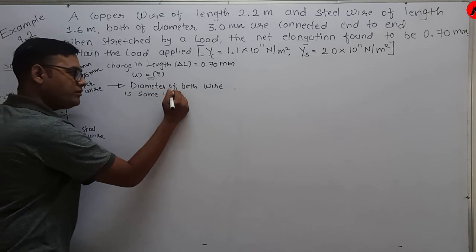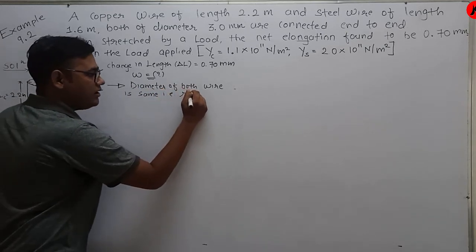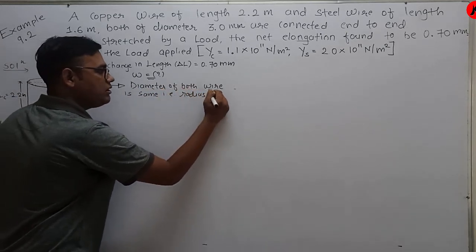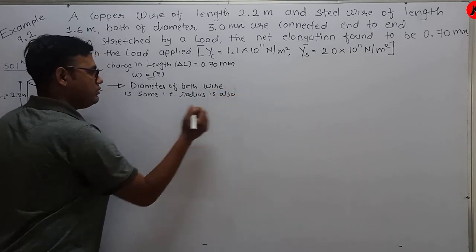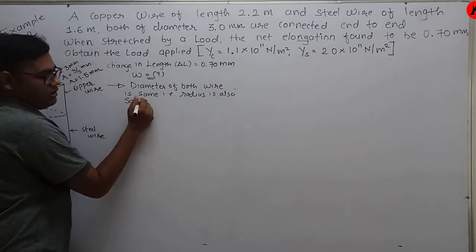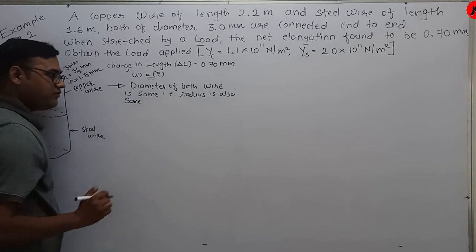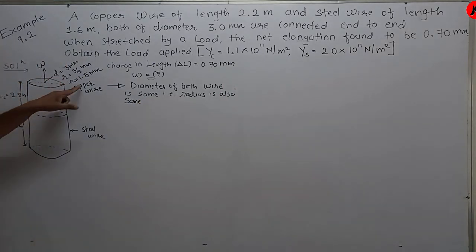So from that we can write the radius is also same. And if the radius for copper wire as well as steel wire is same, we can say